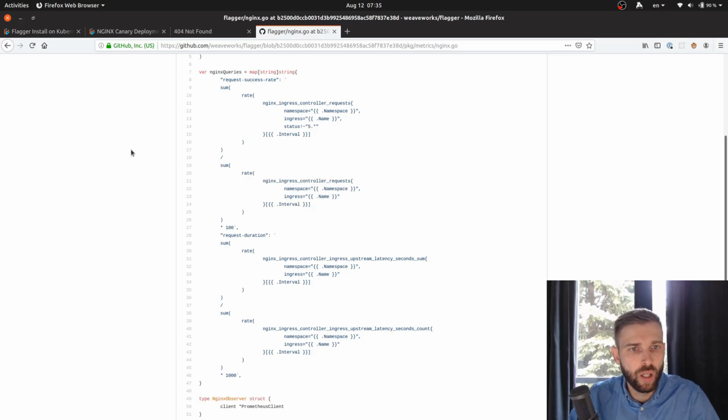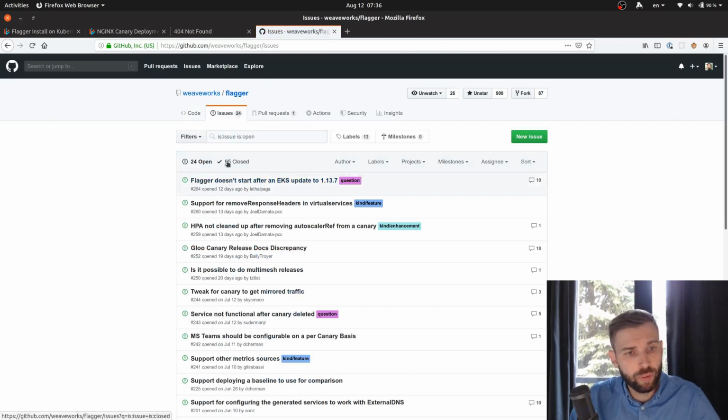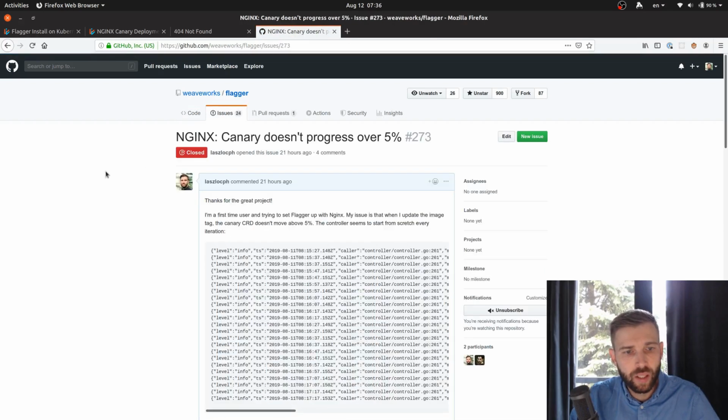So that's good, even though I didn't think we have this metric. We do, because Flagger resolves this to this Prometheus query. Could have been more transparent, including it in the YAML, but I understand that it would inflate the YAML quite substantially. And I also had a problem with the Canary not progressing over 5%, and I submitted an issue for Flagger, and the Flagger people were very nice and pointed out that I missed one entry in my Canary deployment